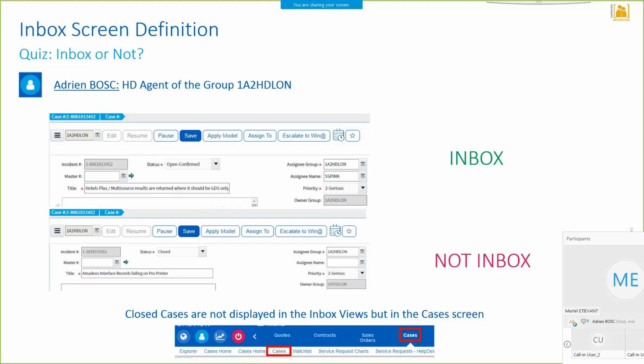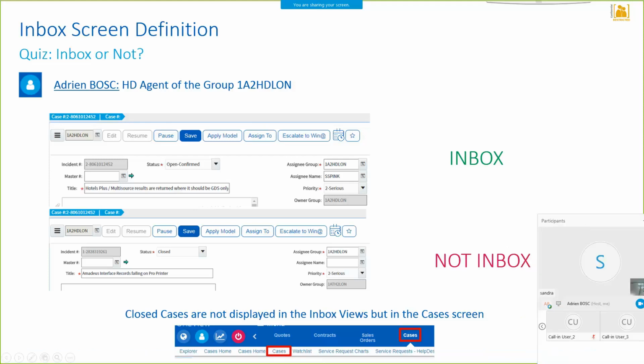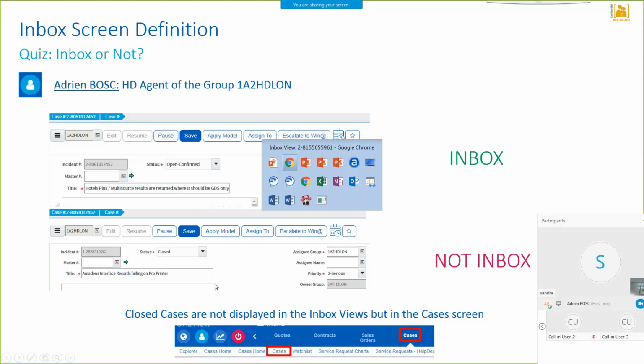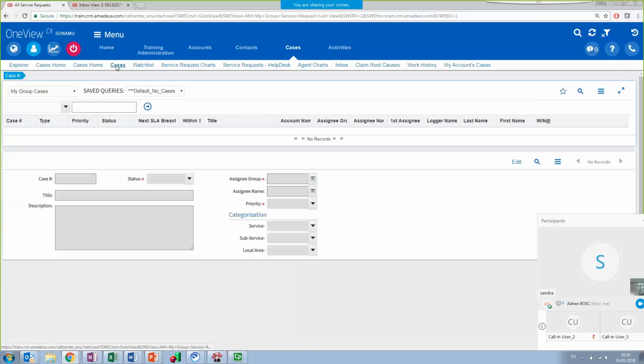If you would like to browse a closed case, to get information about the case, to see what activities have been performed and how you finally solved the case, you will have to navigate to the cases screen. I'm just going to show you where you can find it. So cases and then cases. Not going to spend a lot of time here, but get the idea that from this menu, you're able to access all the cases, even the closed ones.